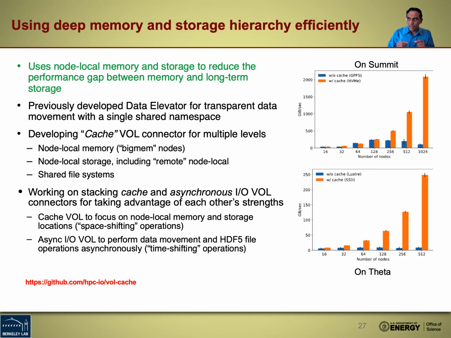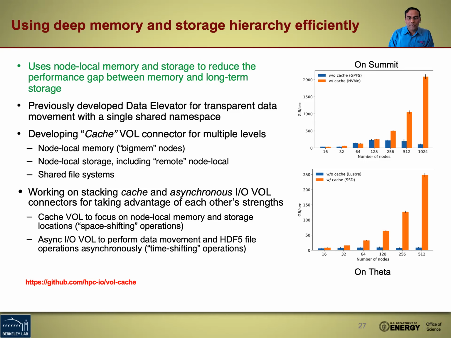So this way, the bandwidth that the application sees is the fastest bandwidth that is available to store the data. We can also use the main memory if there is memory available. So the only time the application sees is the copying from the application buffer to the caching layer, the caching memory that is available to us. So the performance we have been seeing